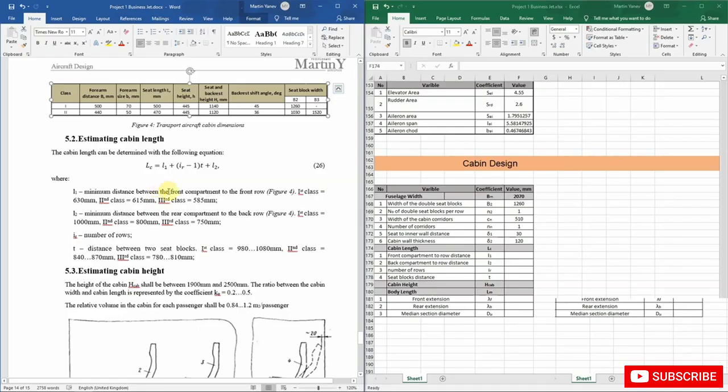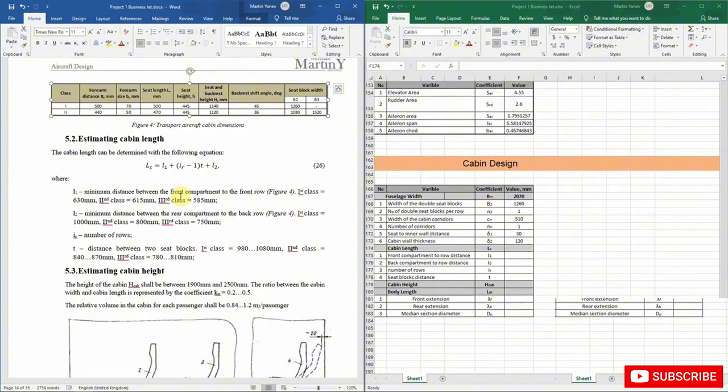So L1 means the distance between the front compartment and the front row. Okay, there is always distance between the front row and the front compartment, and usually for first class this is about 630 millimeters, which is the value we are going to use. Then the minimum distance between the rear compartment and the back row is described by L2, and in our case obviously it will be equal to about 1000 millimeters, as again our aircraft is a business jet and we want high